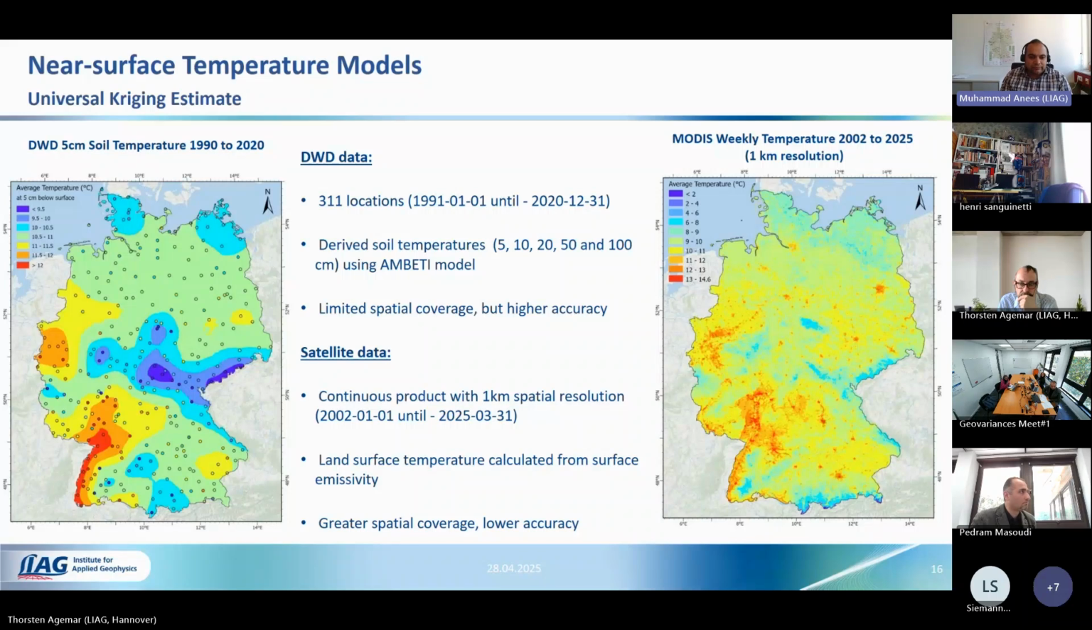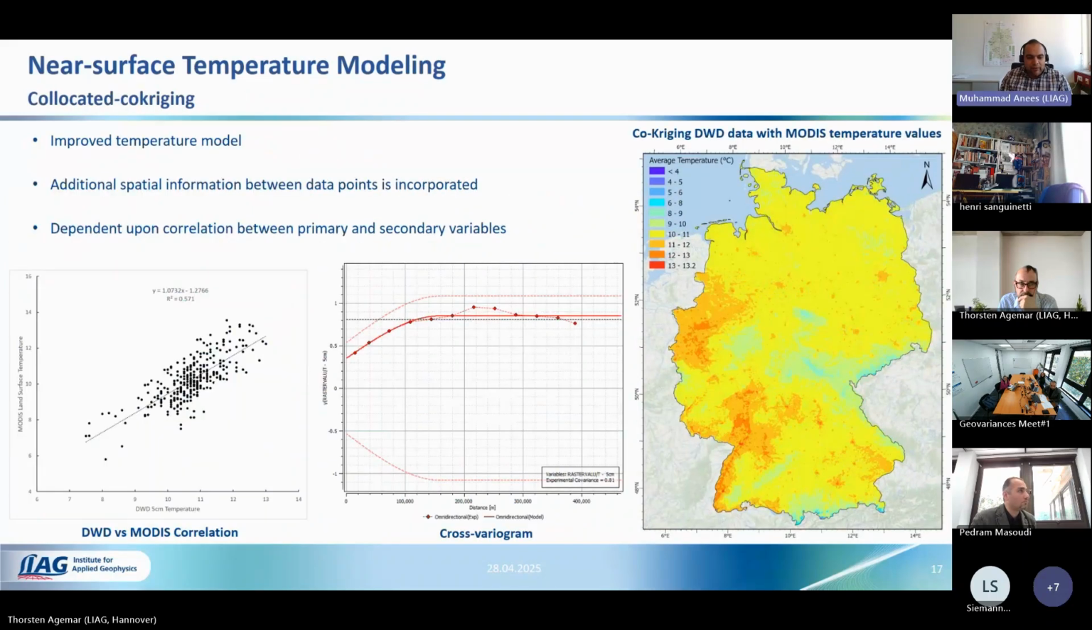Next slide, please. For that, we need a correlation between the DWD temperatures and the land surface temperatures. Although the correlation could have been higher, it is still a fair correlation of around 0.6 in terms of linear correlation. So we did a collocated co-kriging,